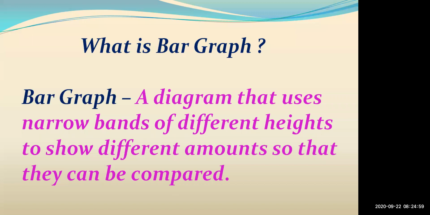Yes. What is the definition? Means whenever we draw a bar graph, we are having some measurement of different types. Means some information is given in numbers. So according to those numbers, we are drawing the rectangular boxes, and we are doing the comparison. Means which one is having more, which one is having less. That comparison we are doing.